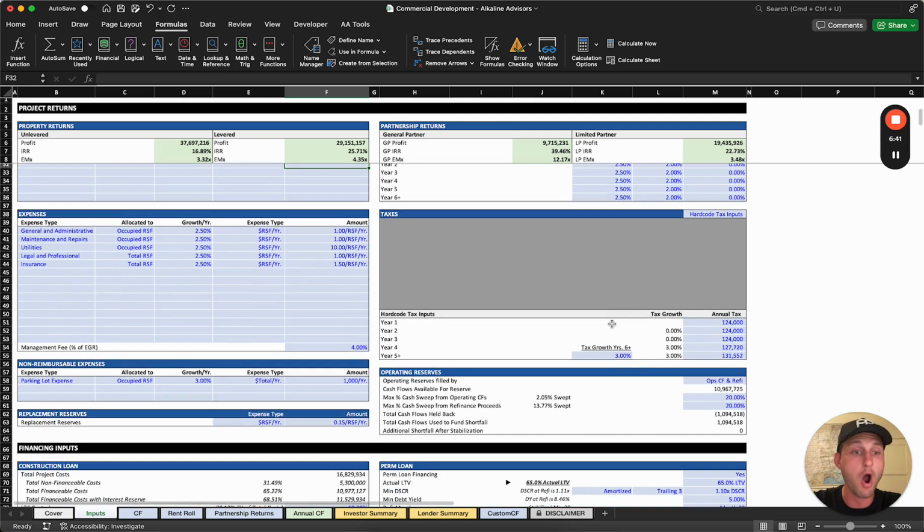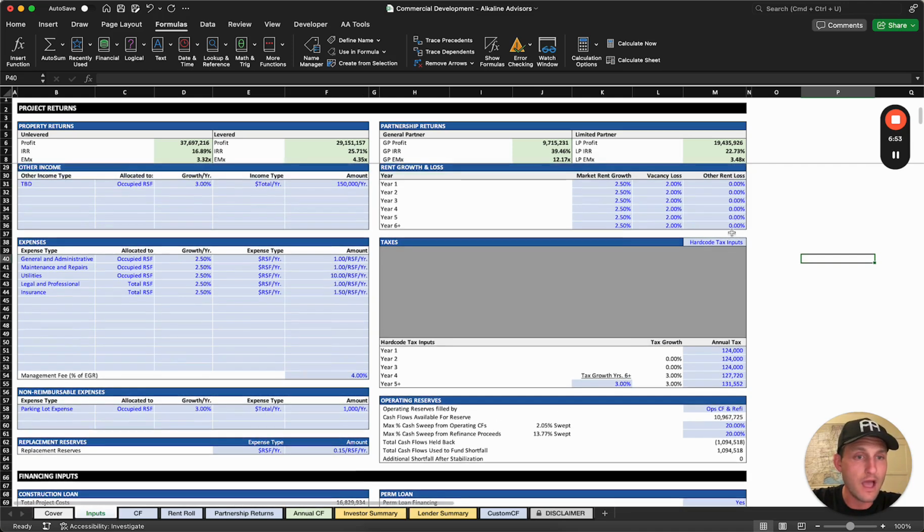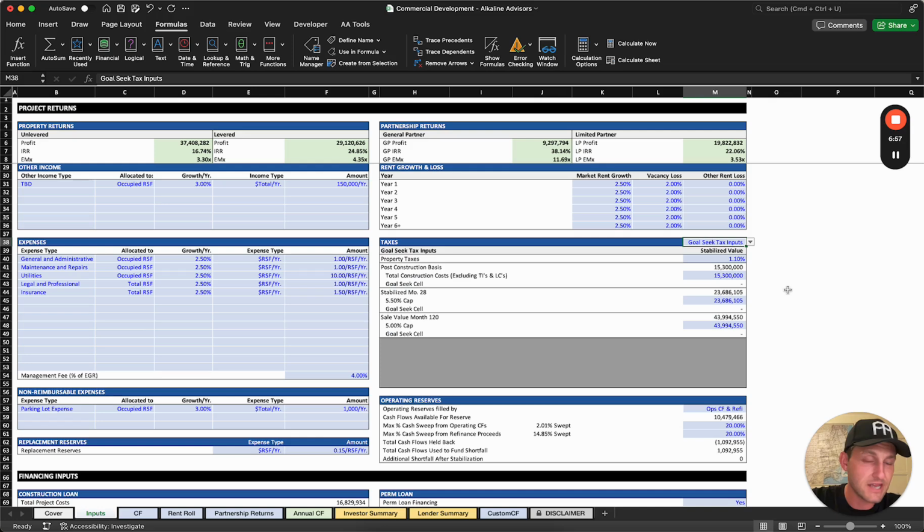The first is hard-coded inputs, where you can literally drop in the actual amount that you'll pay in years 1 through 5, and then in year 6 plus, you'll just apply a growth rate to year 5. The other way we have done this is by toggling goal seek taxes. So this model has no macros. This model has no circular references. Essentially, what we're doing here is we're saying that the